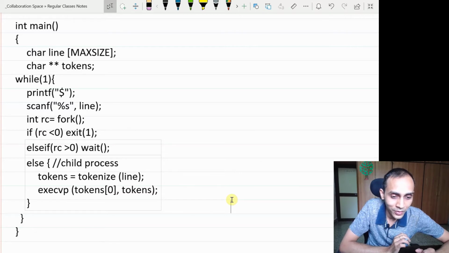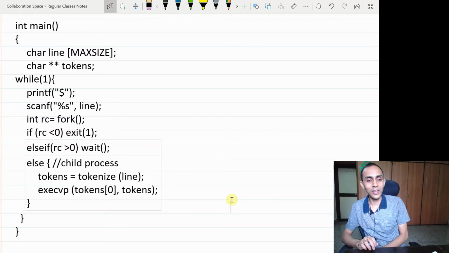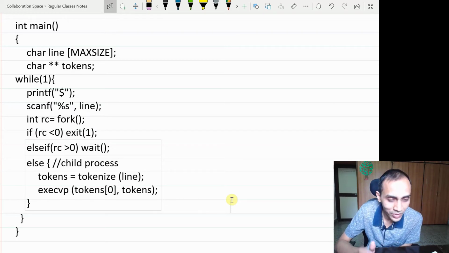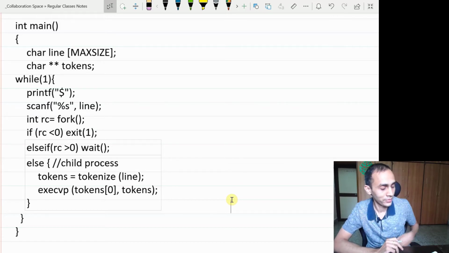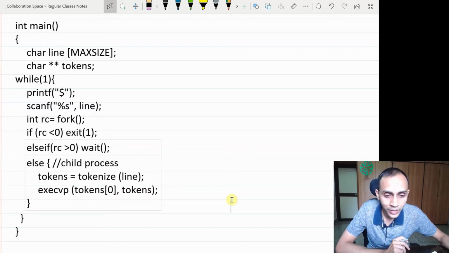Good observation. We should not do an execvp on the shell's parent process itself. Otherwise, your shell code itself will go away. It will be overwritten by the new program that you are calling. Yeah, good. Thanks for pointing that out. Any other questions?